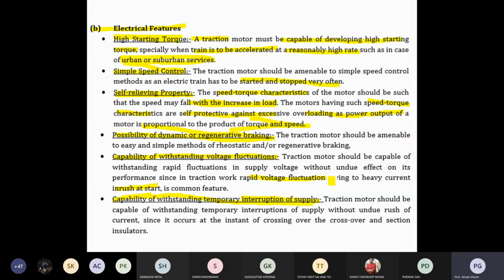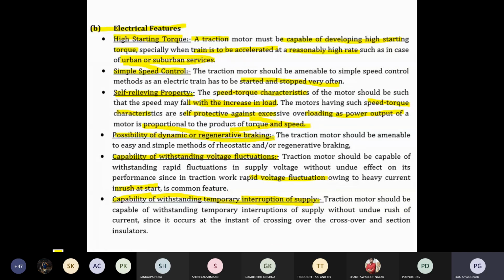Then what happens? Your machine, the traction locomotive, just stops in between two stations, especially in urban and suburban conditions. In that case, you have to drive it to at least a nearby station, maybe 2 to 3 kilometers. That's why an emergency power supply is required, coming from the battery bank. In my last class I told you about the smoothing reactor and charging stations. From there, the additional power comes to the system.